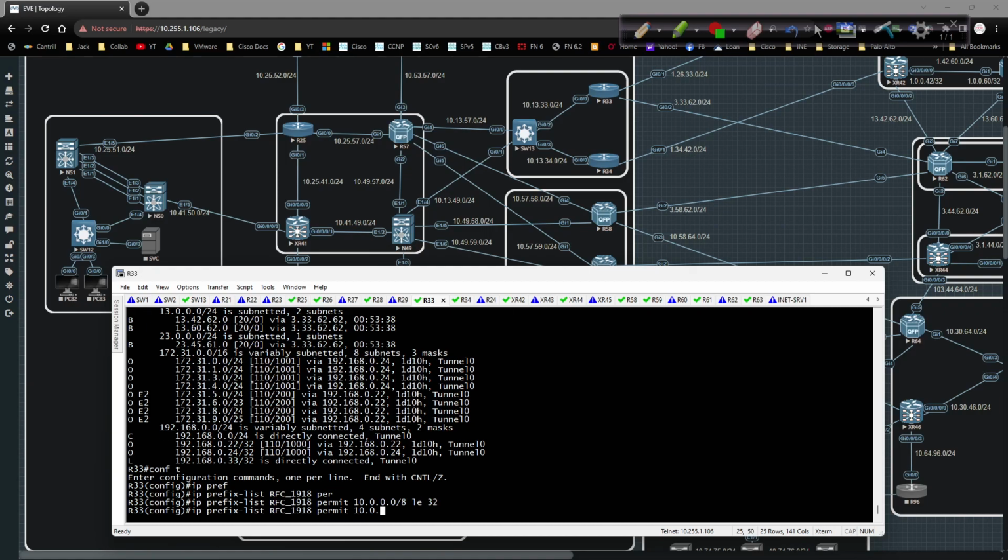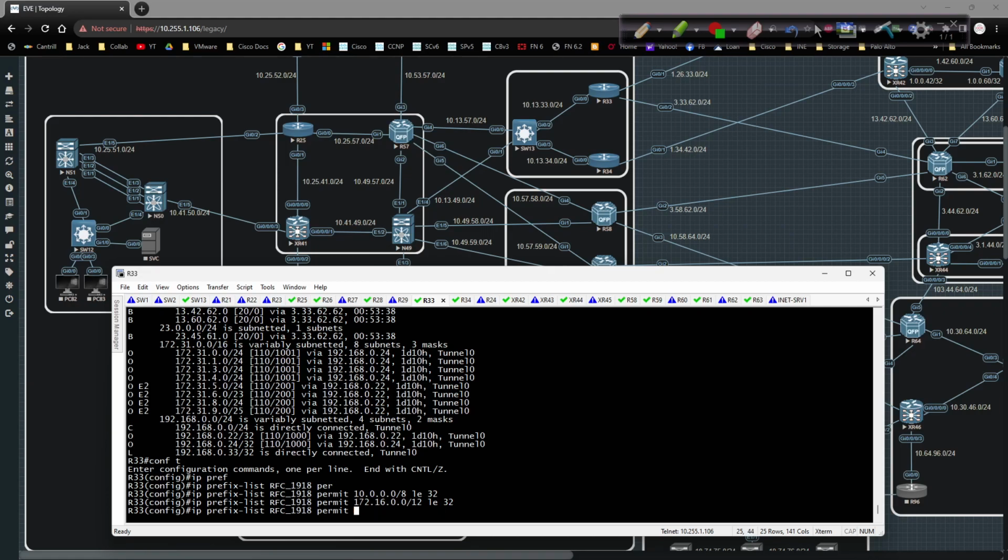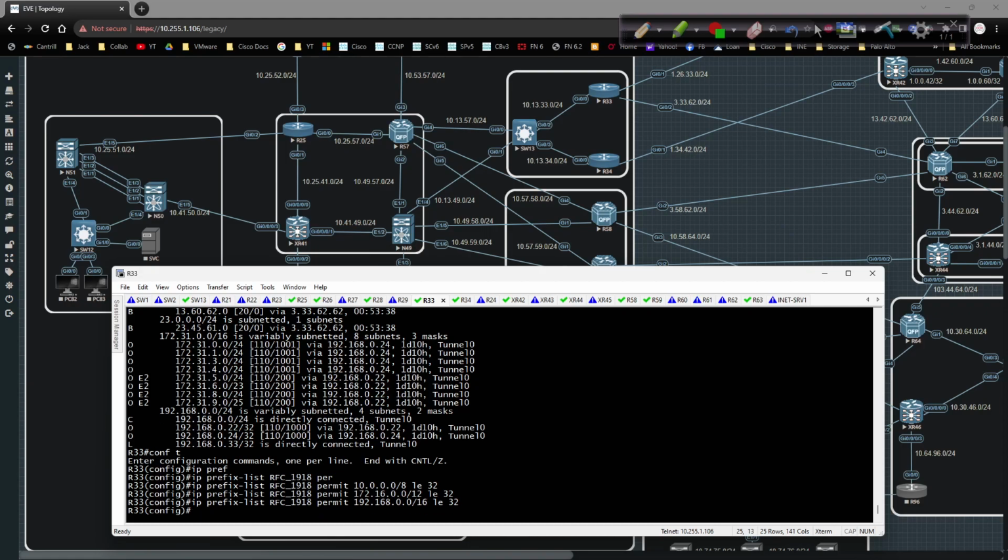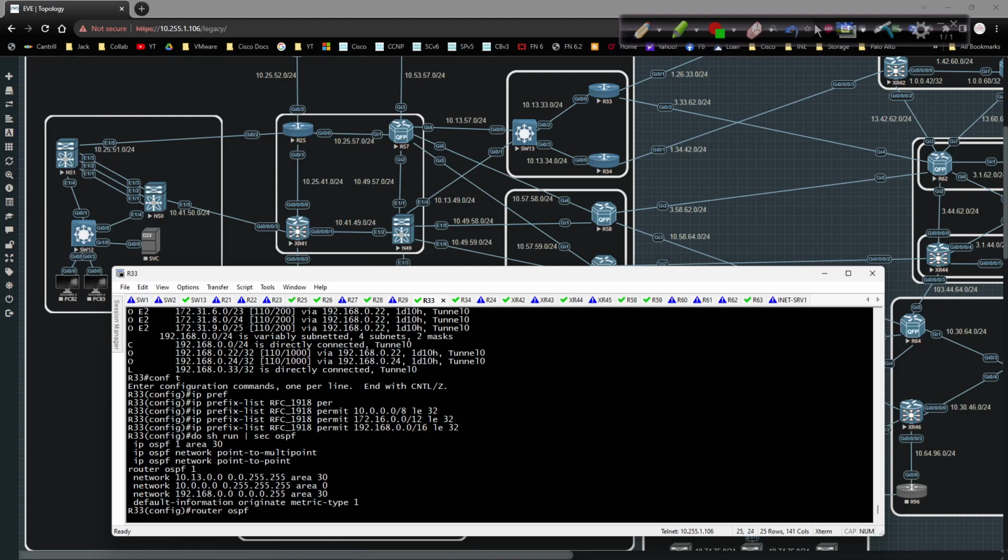We're going to do permit 172.16.0.0/12 LE32, and then 192.168.0.0/16 LE32. And that'll allow anything RFC 1918. Okay? So now what we need to do is do show run section OSPF, router OSPF 1,